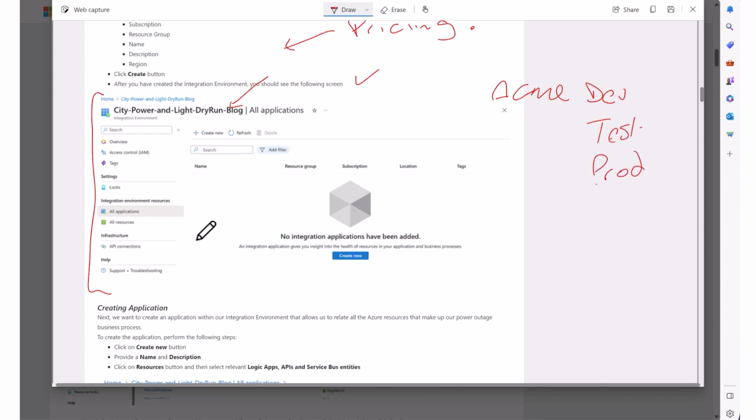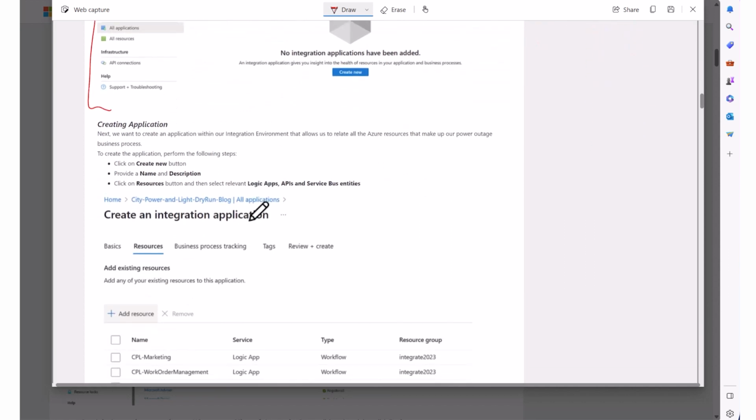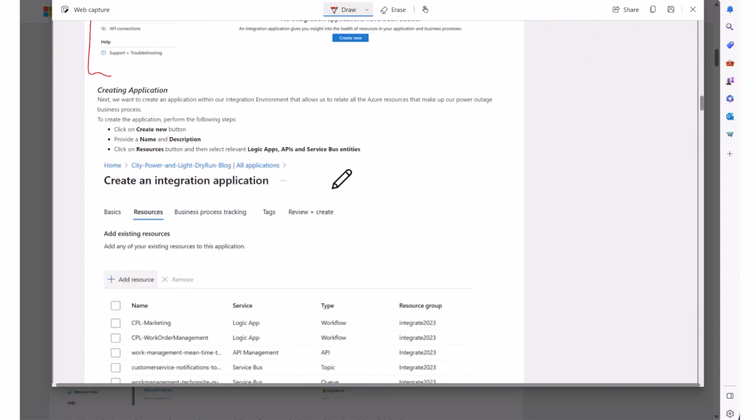So in a real world scenario, we'd expect to have 3 integration environments. I assume that would be how it would work. And you wouldn't have like one for an application, something like that. But I guess that'll be design patterns and implementation details as this moves through from preview to